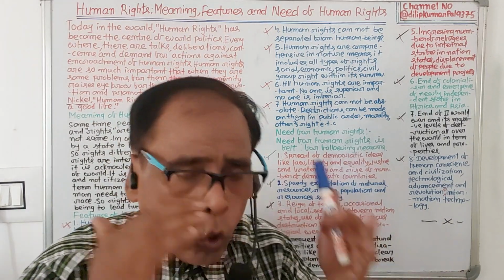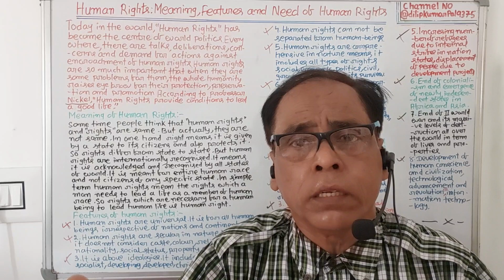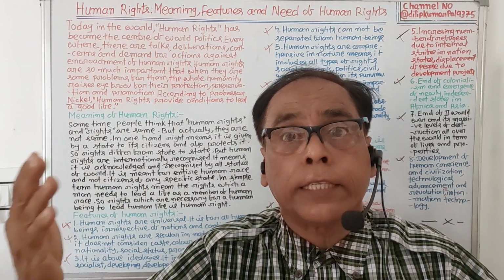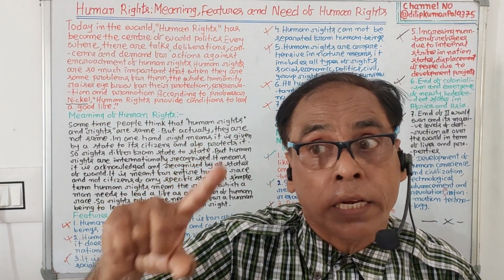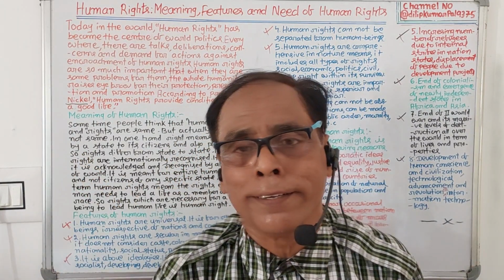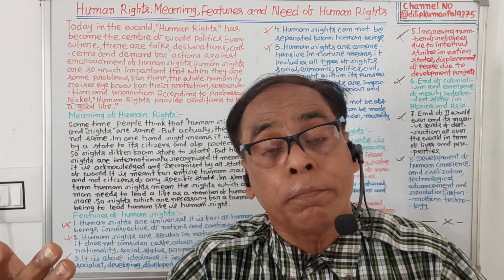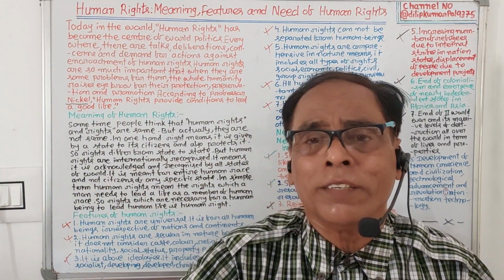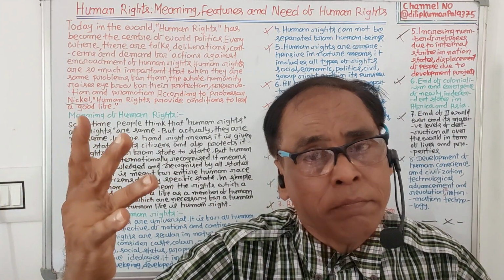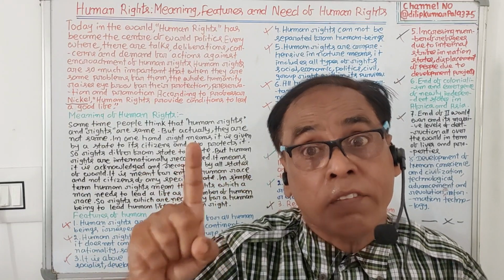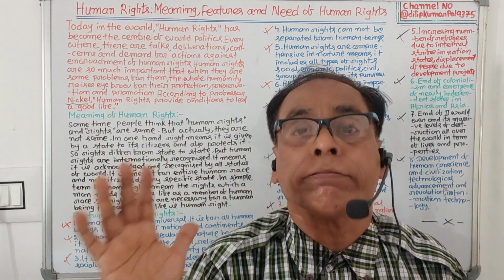With the growth and development of human civilization, people are at different stages. So how will they be protected? At the time the need of human rights was felt. And whenever there was technological development in information technology, people were at different stages. At the time also the need of human rights was felt to keep people safe.